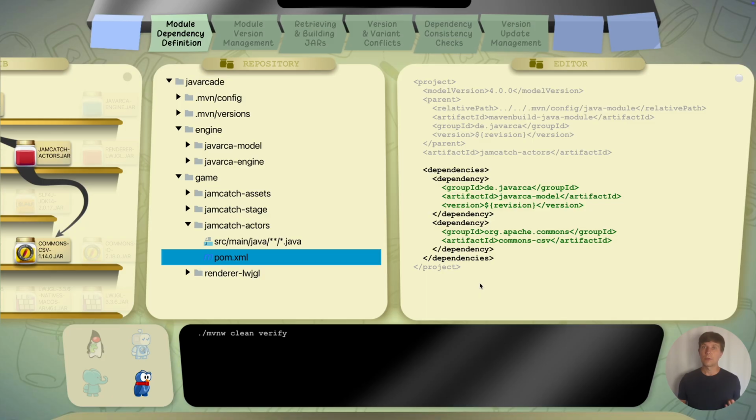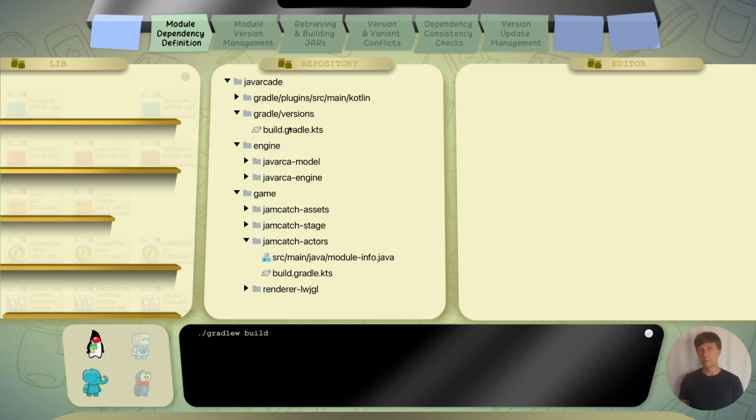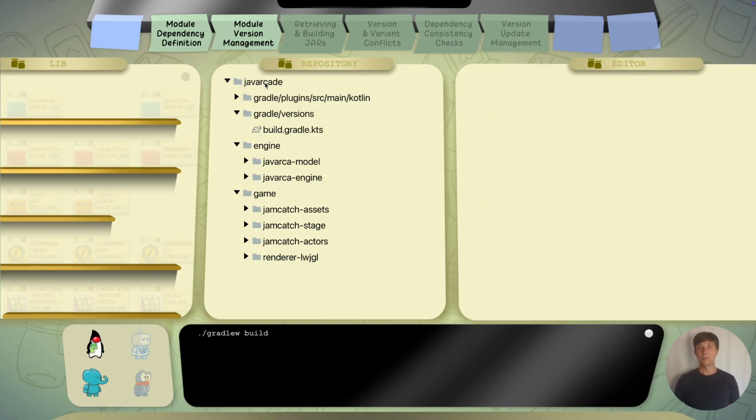The versions of third-party dependencies is something you should also define centrally for your project and share among all your modules. In my case, the 6 modules the game and the game engine is made of. How to do this and where this central place can be is the topic of the next video. In any case, the example already contains all the setup. So before we close, we can have a quick look now how the dependency information is used by the tools.